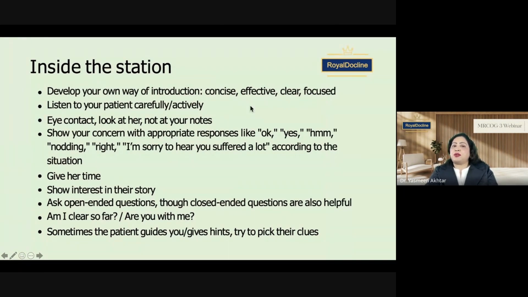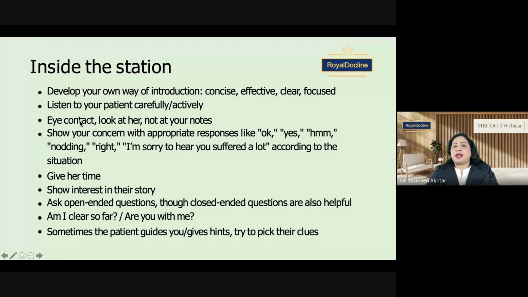And if you are not sure you are doing these things, then you can ask your colleagues, you can ask your senior doctors, you can ask in the courses, am I right? Should I do this? Write 2 or 3 introductions and just record them and listen to them yourself. How do you feel as a patient? Listen to your patient carefully and actively. Don't interrupt her. Sometimes the patient talks here and there and is not to the point, then you may bring her very gently back to the point.